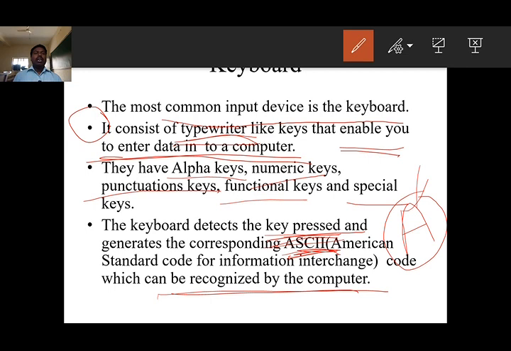Whenever they ask in the examination, define a keyboard, first you have to write: it is a common input device, it consists of typewriter-like keys, and last point, the keyboard detects the key pressed. So these 3 points are most important to define a keyboard. Understand? Next,